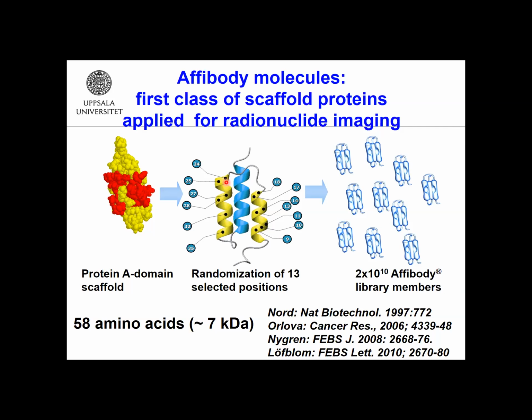So what did he do? He randomized 13 amino acids on protein A, domain B, and those were exactly the positions which are responsible for binding to immunoglobulin. So affinity to immunoglobulin has been removed in this way, and a library has been created which